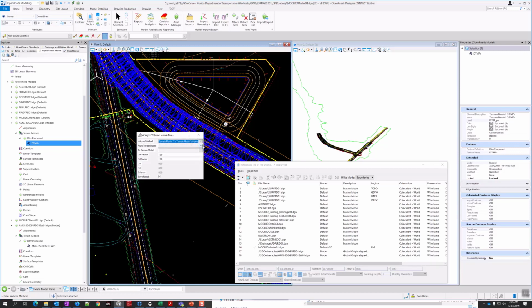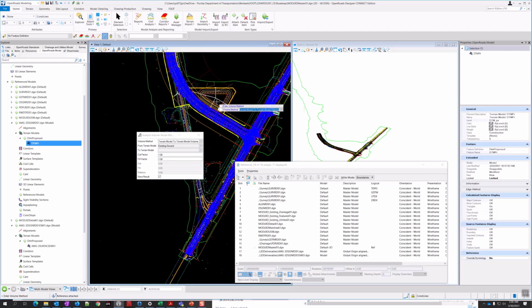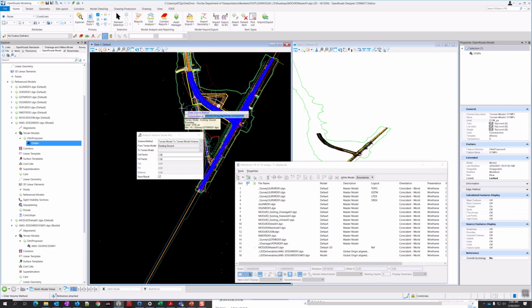So just make sure you select that, and then there's going to be drop downs from terrain model to terrain model. So the from is going to be existing ground. So just scroll down here till you find the existing ground. And it's in here twice because we have attached the ServRD, and it's in there, and the GGTM, and it's in there. If you just have it in one source and the ServRD only, then you won't have it doubled up like that, because I really have no way to tell which one is which by selecting it here. I might be able to actually highlight it when it prompts me, and in that case then I could probably select it here.